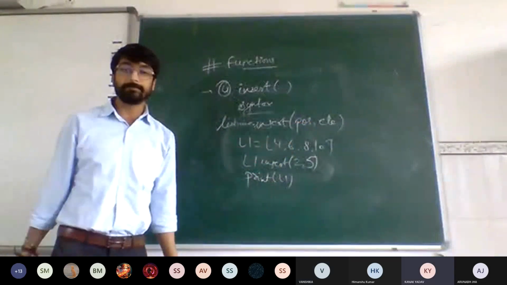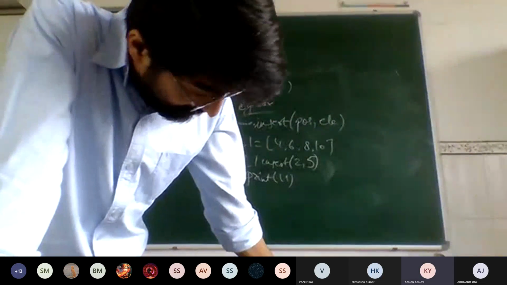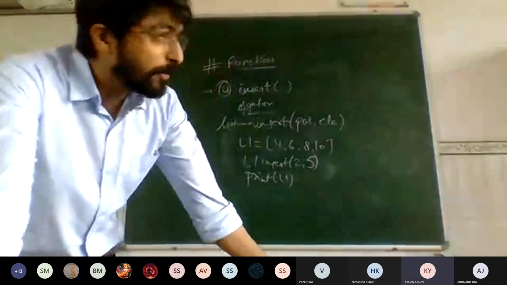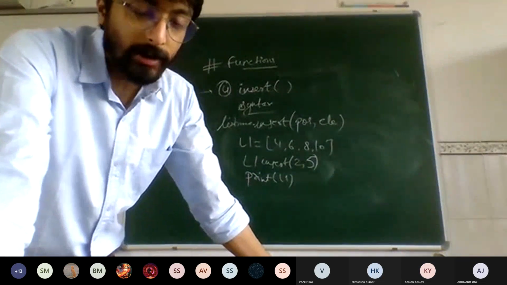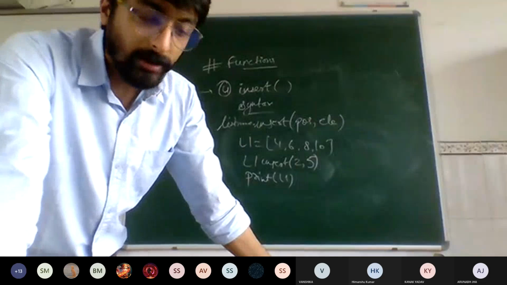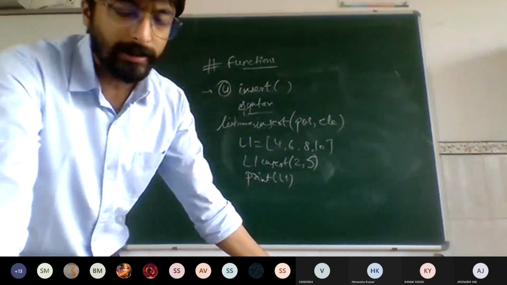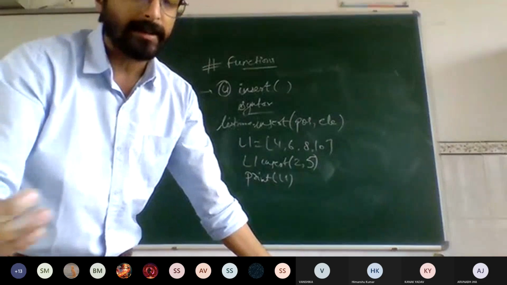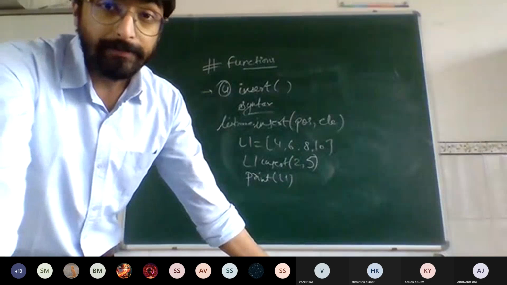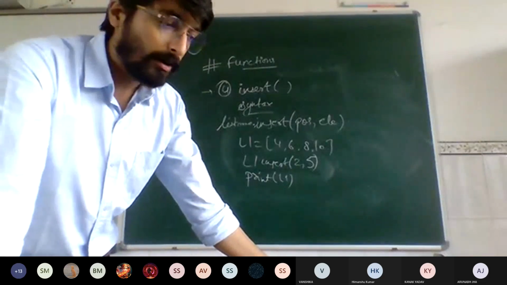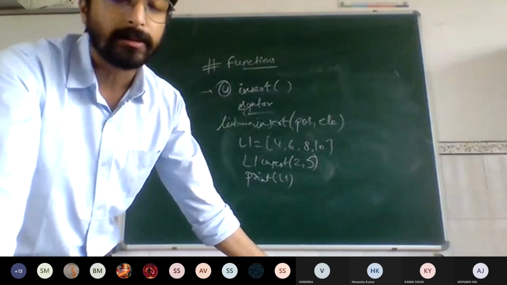Can you explain this insert again? Yes, Kanak? Please explain this function again. The insert function is used to insert an element at the user's choice of position. The append function was only inserting the element at the last of the list. The extend function added the list in the list at the last position. Now what if I want to insert an element at the position of my choice? That I want to insert the element at the second position, or at the third position, like this.